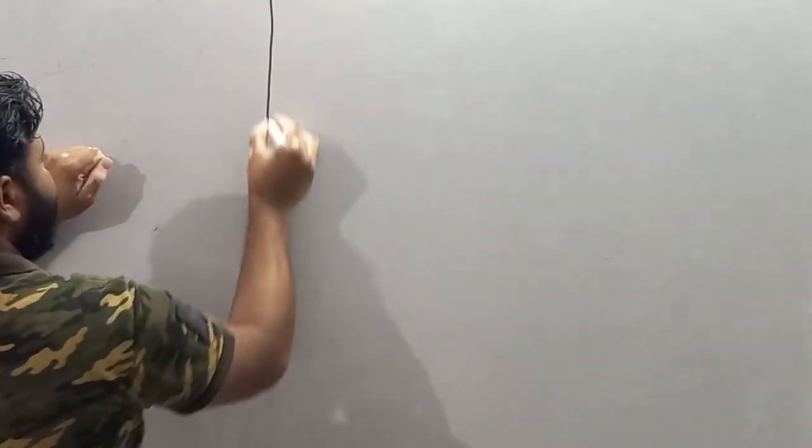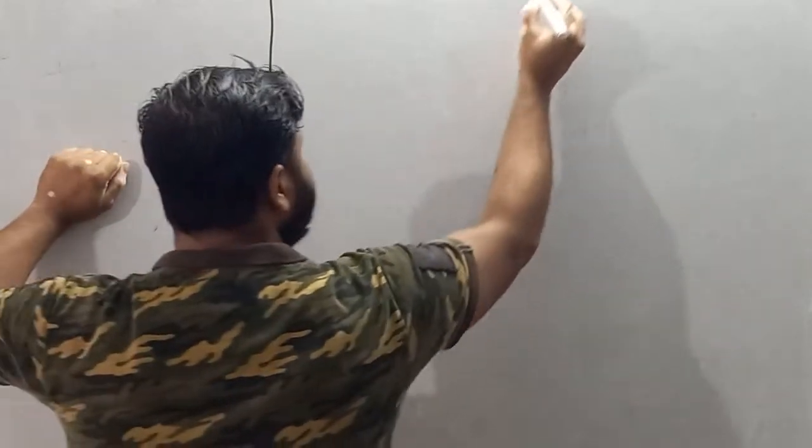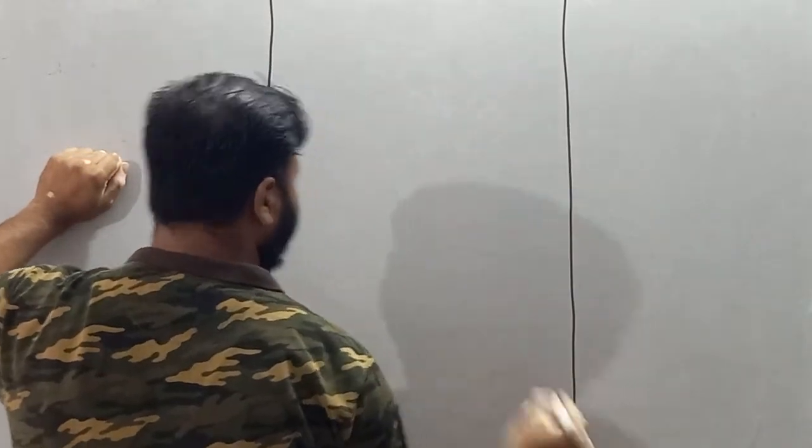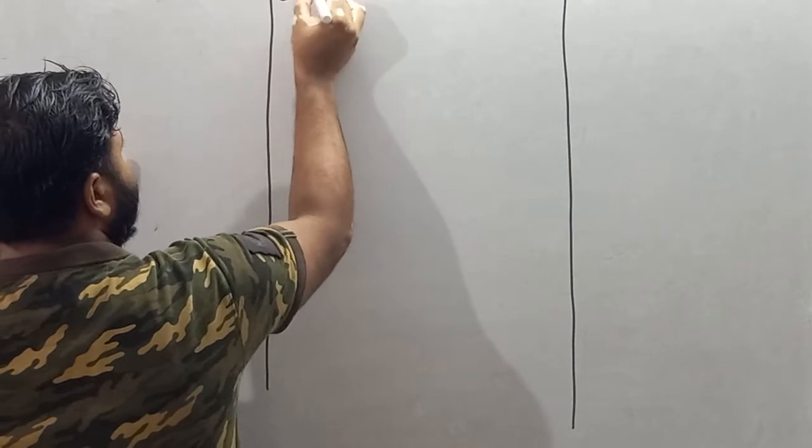Similarly, my dear student, there is a device which is used to measure the potential difference. That electrical device is called a voltmeter. Now we'll discuss the voltmeter. So write down the next heading: voltmeter.